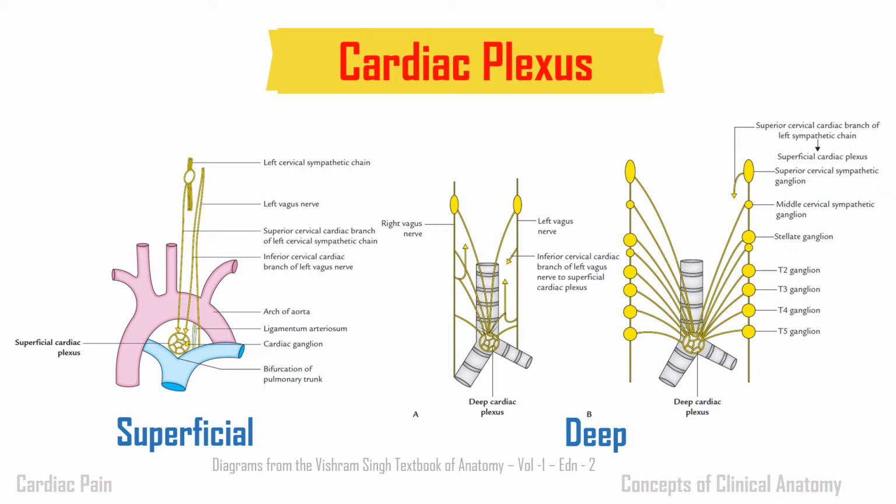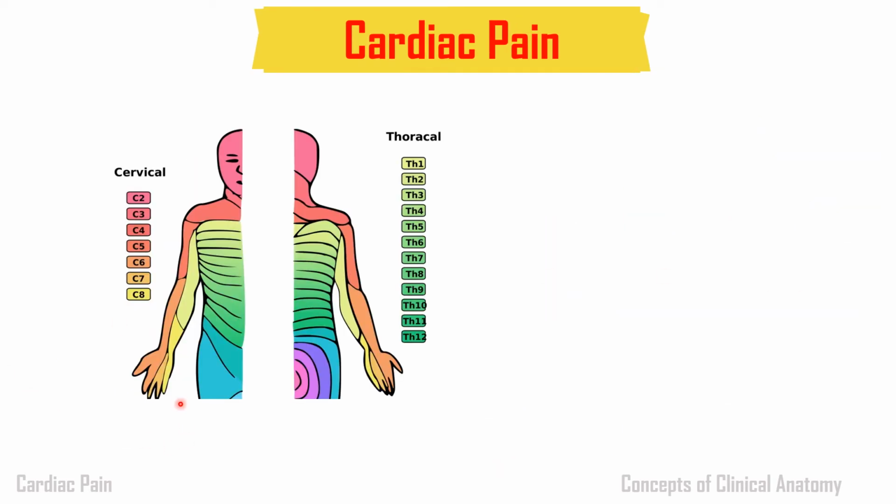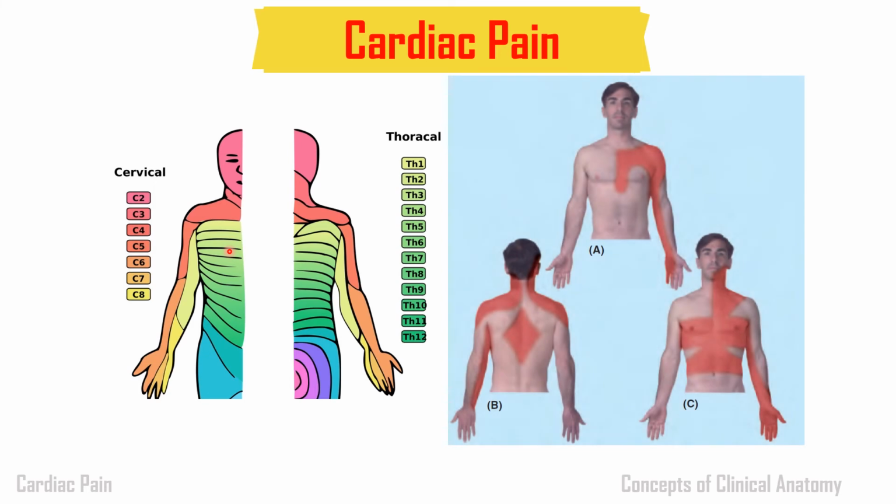The segments T1 to T4 also carry more fibers that mainly supply the pectoral region and the medial aspect of the arm. Because of that, the cardiac pain is usually referred to these dermatomes. These dermatomes include the medial border of the arm and the pectoral region. So, as I already said, usually the cardiac pain will be referred to the pectoral region and the medial aspect